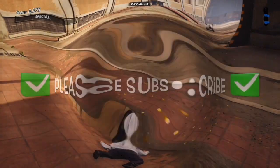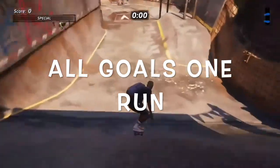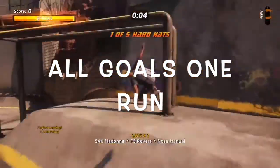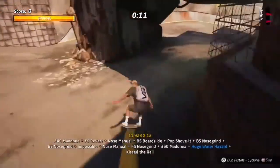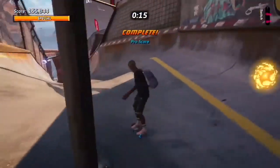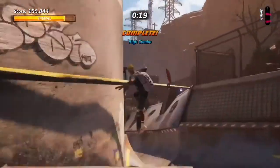To finish off, now a recap of all the goals on Downhill Jam. In today's video we're going to be Downhill Jamming 100% of the goals as quick as possible. So we've hit a flying start, one of the hard hats, one of the valves, straight into the Madonna over the huge hazard water gap. Check out my videos for how to do that and land it every single time, some tricks and tips in there. Second valve,